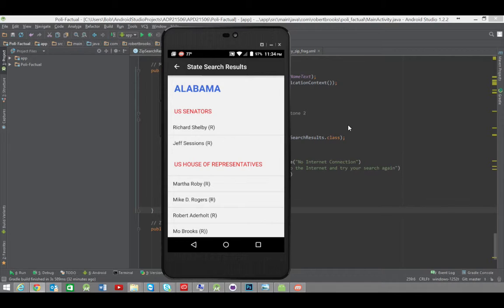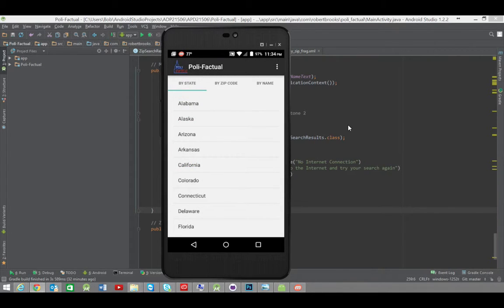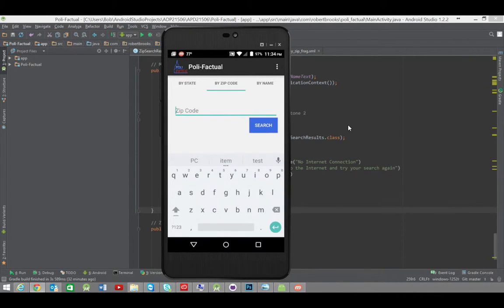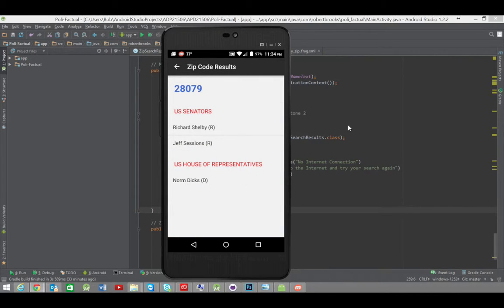Now going back, you can do the same thing for a zip code. Now zip code's a little bit different. You can't just enter anything in there. You have to have a valid zip code, or it just really won't work. You can see your senators for that actual zip code. Those are your senators. This is your House of Representatives. Now sometimes, because of how the districts are run, the zip code can have two House members, but not